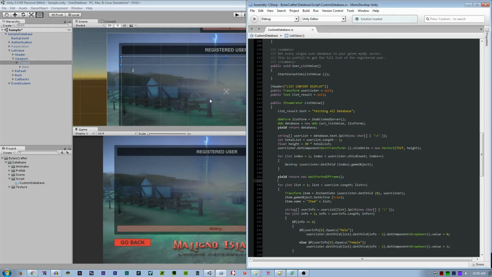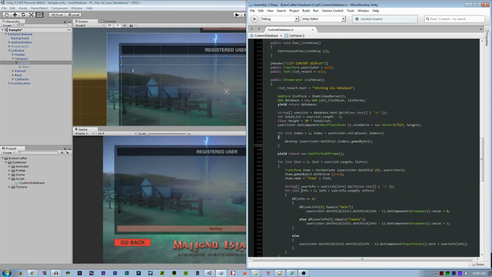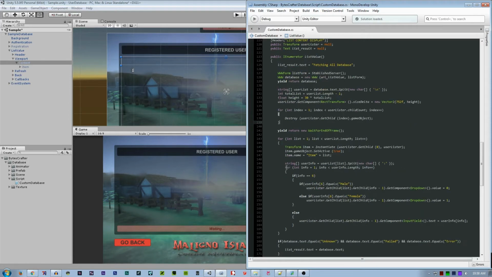It should delete first all the items and start a new instantiate of new items here. We'll talk about it later. So we create a new for loop which has an int is equal to 1, and then same as here but using the user list, because we need to add items only corresponding to the number of the user list.